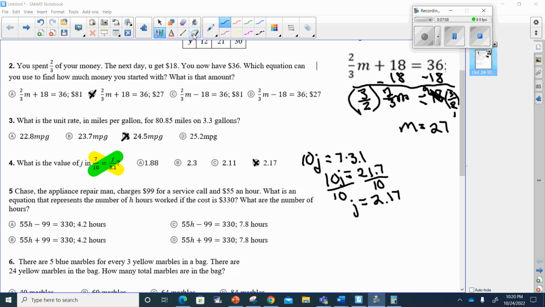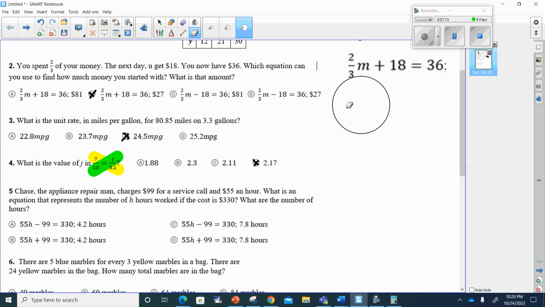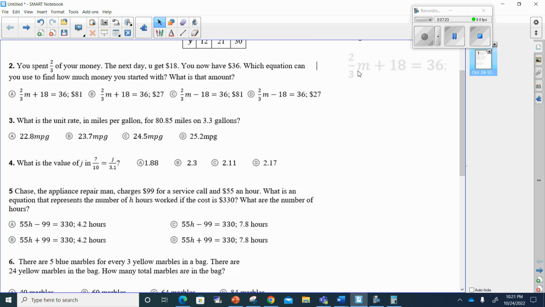All right, I'm going to erase some stuff to give me some room to work here. Let's see, we've got, just in case I need some more room. Let's go here to number 5. Chase the appliance repairman charges $99 for a service call and $55 an hour. When we write that into an equation, that's going to be $99, that's for the service call, plus 55 times X,